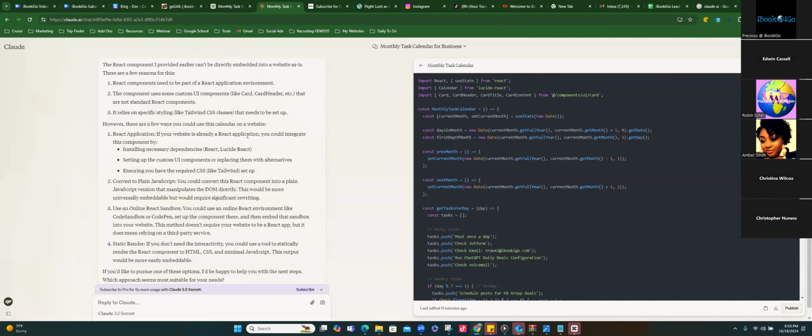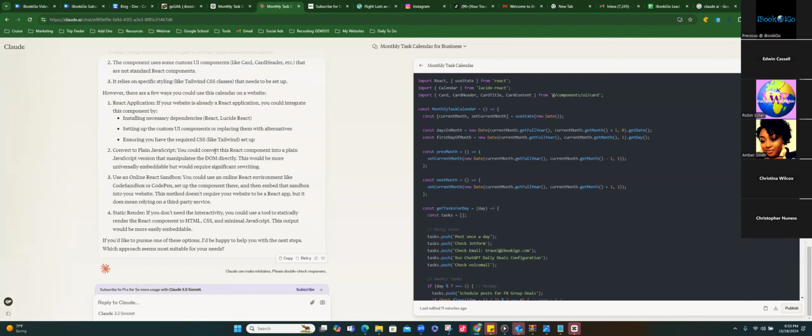If your website is already a React application, it's not. Convert to plain JavaScript. You could convert this React component into a plain JavaScript version that manipulates the DOM directly. Okay, so how about